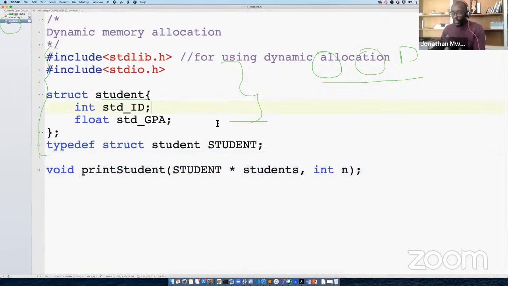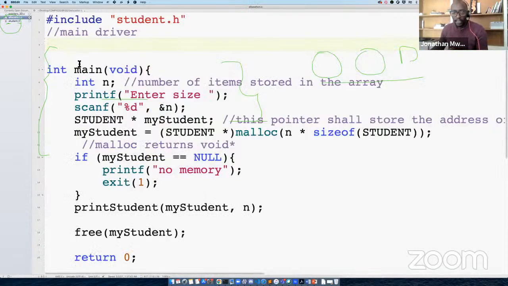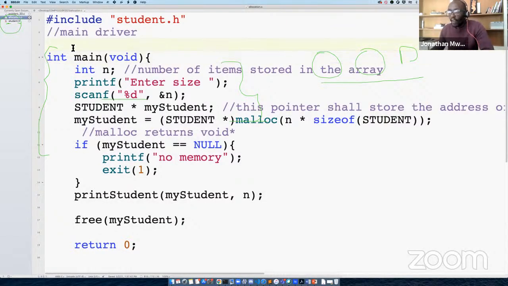This material that I have, I can just pick it up and put it on top of main. But instead of putting them on top of main, I'm creating a file for them. Then I can store that file and reuse it in any other code that might need it, so I don't ever need to repeat this code. I can just put it aside.